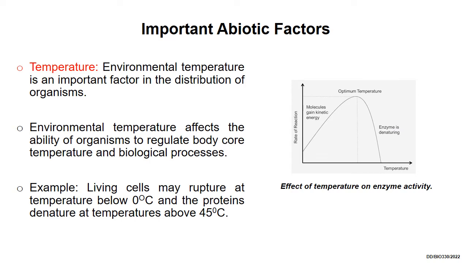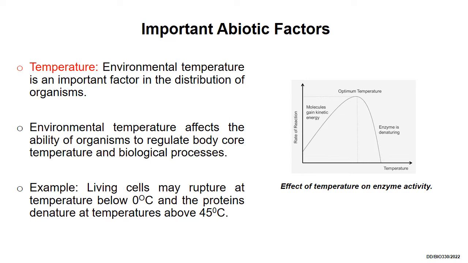Okay, we go into more detail on a few important abiotic factors. The first one, temperature. We know that environmental temperature is an important factor in the distribution of organisms. For example, there are different types of species in the tropical rainforest compared to the desert because they have different environmental temperatures, and this environmental temperature affects the ability of organisms to regulate body core temperature